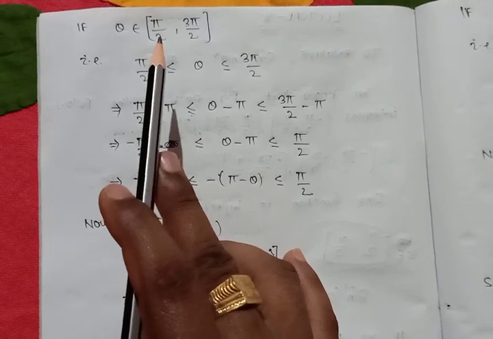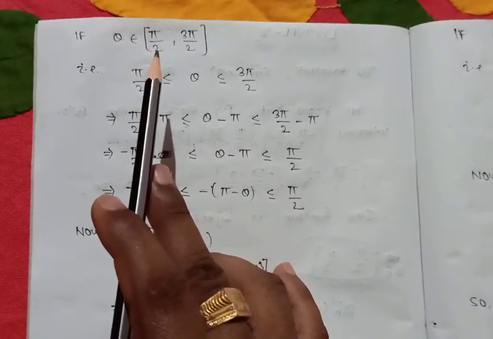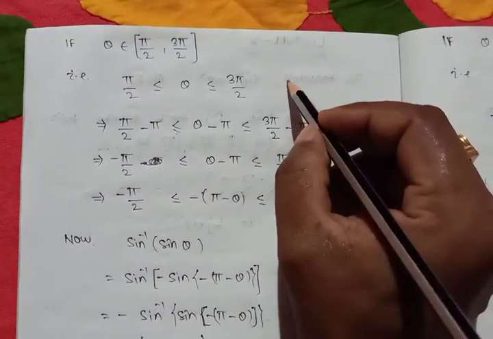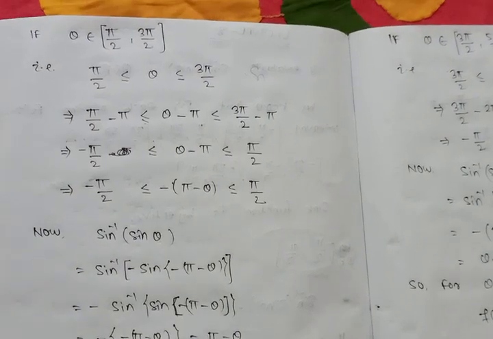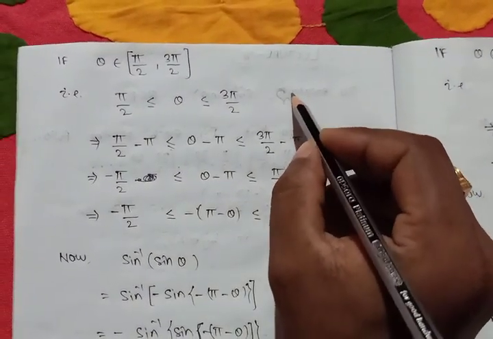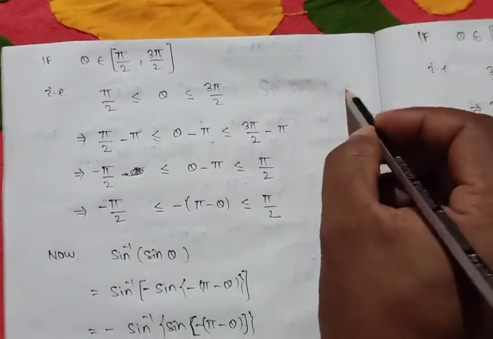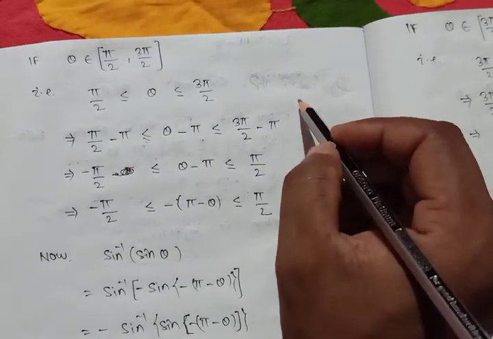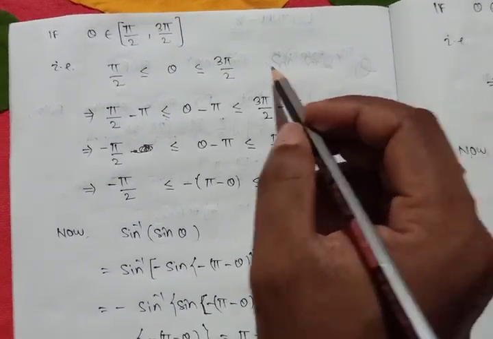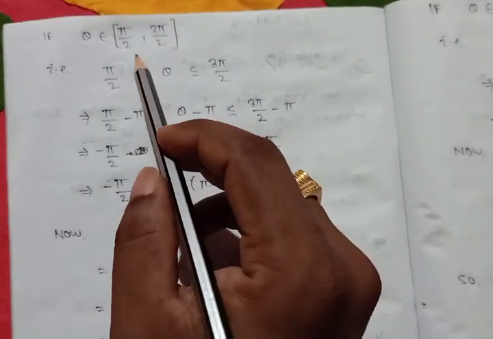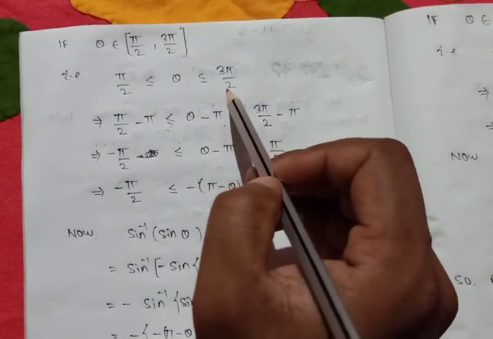The formula that sine inverse of sine theta is theta is valid if theta belongs to the interval minus pi by 2 to pi by 2. But here, given that theta is greater than or equal to pi by 2 and less than or equal to 3 pi by 2,